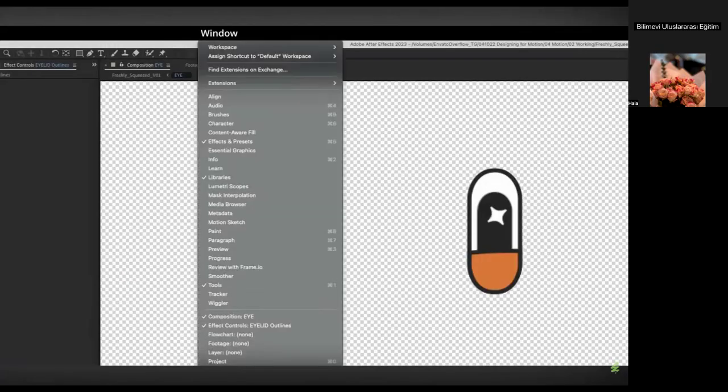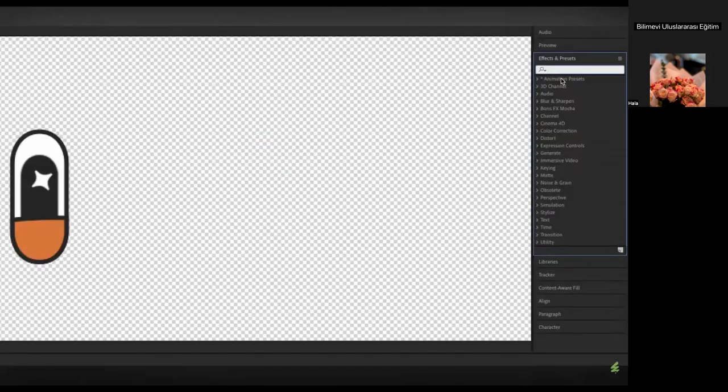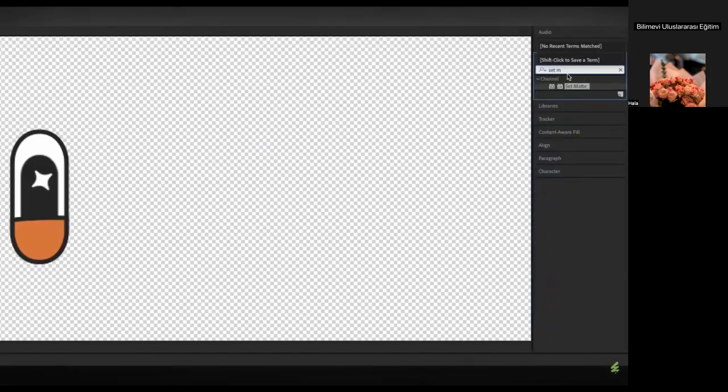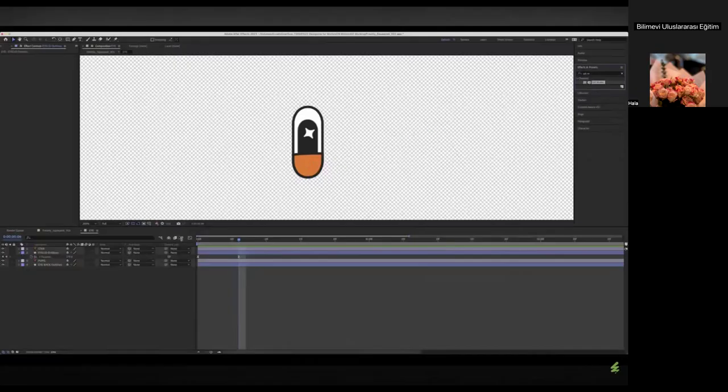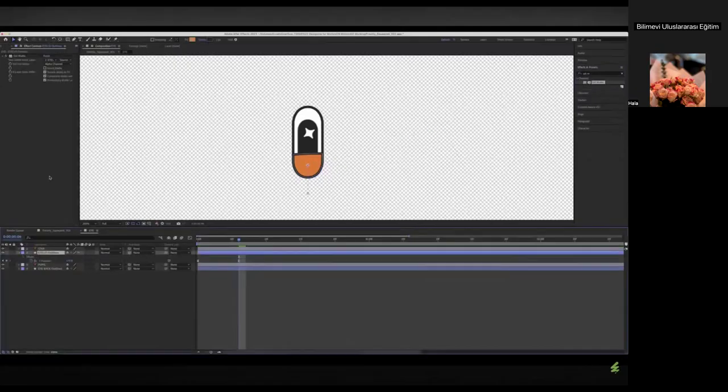Or if you can't find it, it'll be in Window, Effects and Presets to bring that up. And type in Set Matte, which is the effect we're going to then drag on to the eyelid. And then basically what this does is tell us from another layer in our composition when you want to see